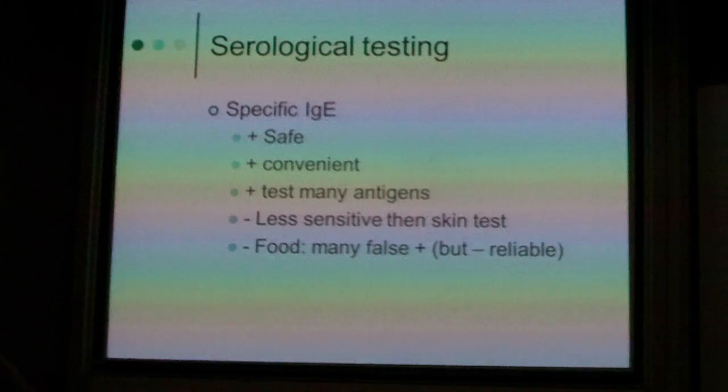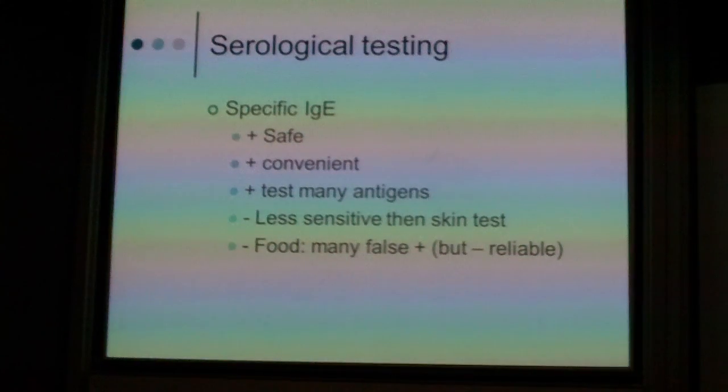If you do serological testing, you can test for specific IgE. General IgE is not very indicative for being allergic, but it may indicate that you might be allergic. It's good if you specifically test for allergen-specific IgE. That's safe because you just take blood from the person. It's convenient. You can test many antigens. There are kits available for testing many of the antigens, like cat antigens, house dust mite, and some of the